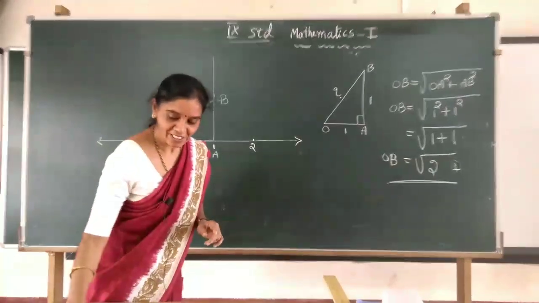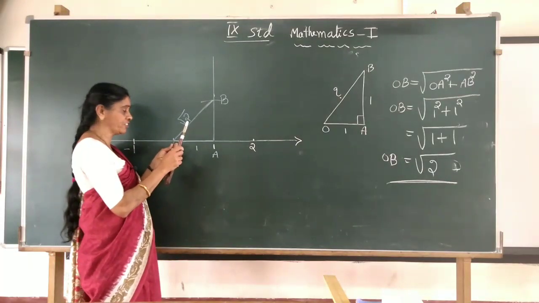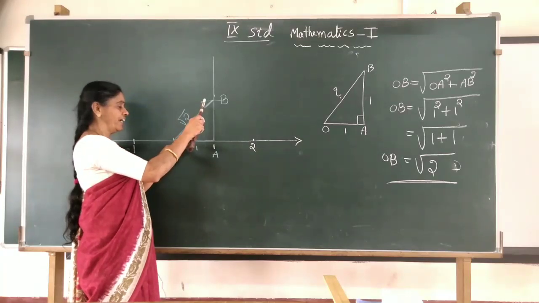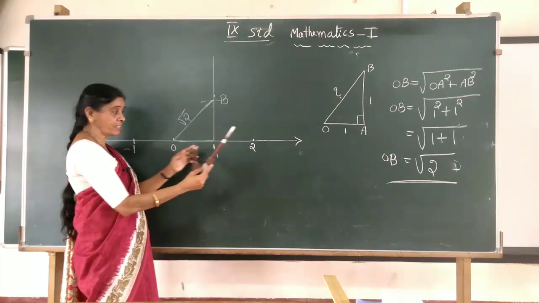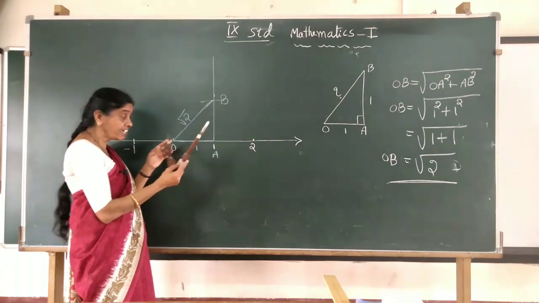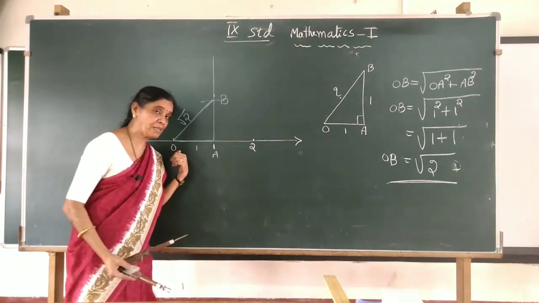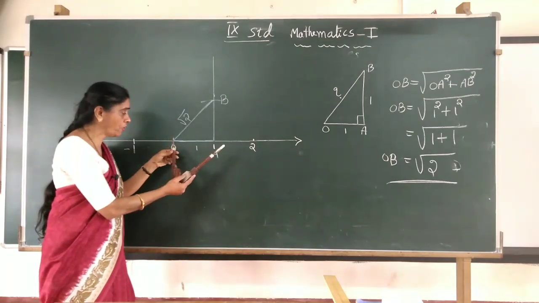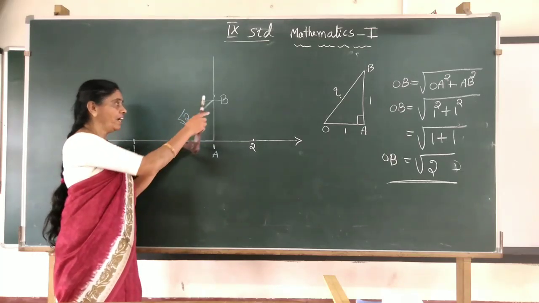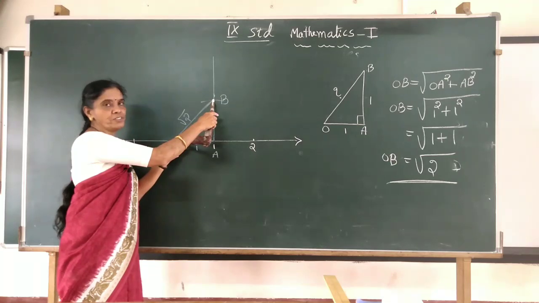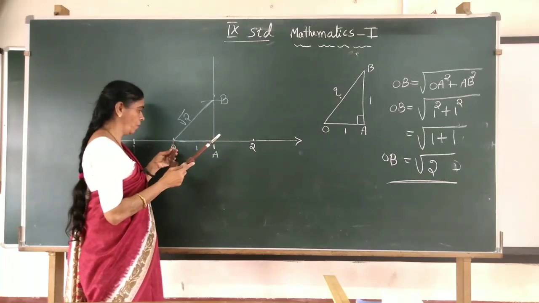That we will do. How to do it now? Observe carefully. You have to keep one leg at the O point, the 0 point, and one leg at the B point. Be careful. See here where to keep. Some of you will keep it here. Wrong it is. Keep it at the 0 point, because always we measure the distance starting from 0 on the number line, right? So keep it at O, or 0, and take exactly the square root 2 length OB. Okay. Now keep it at O and cut it.